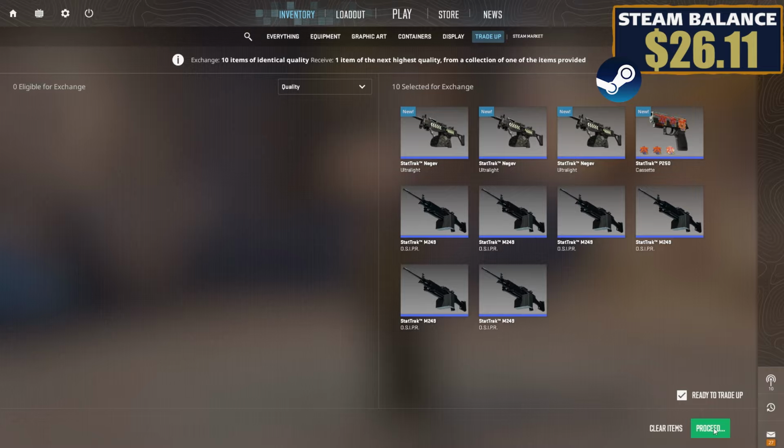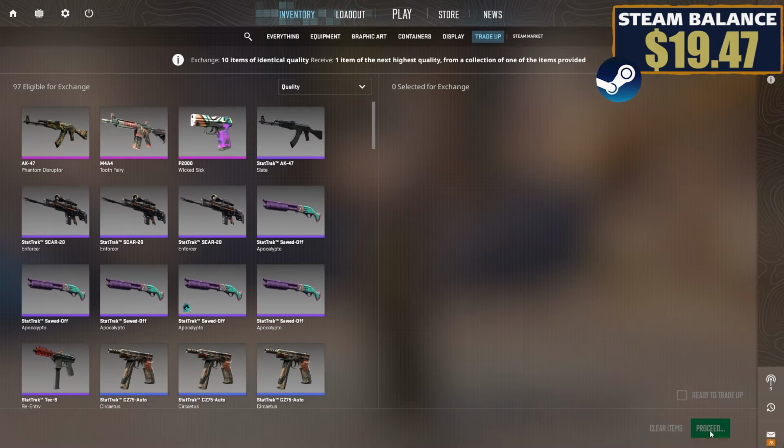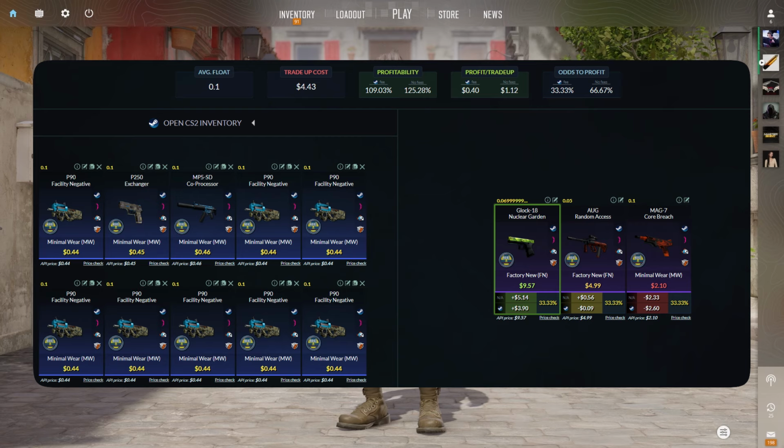But anyway, first attempt, we hit a loss outcome, and then another loss outcome, but then we do hit the profit outcome, but that could have been an AK Slate. It's quite unlucky. Next trade up, let's go with this 2018 Nuke trade up, in where we'll be using 10